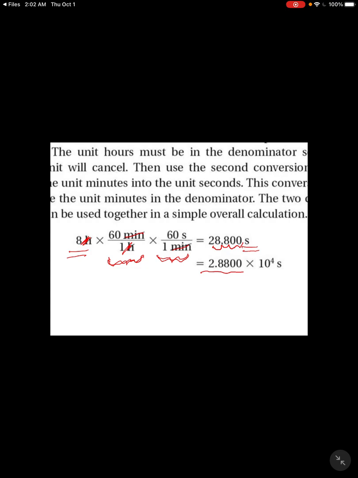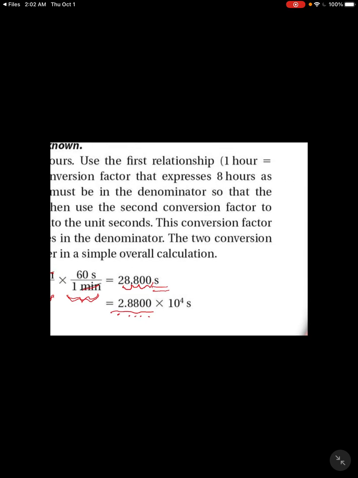And in this case, this particular number has 1, 2, 3, 4, 5 sig figs. We include all our significant figures because these conversion factors were, I don't know what you want to call them, perfect or infinite. So let's